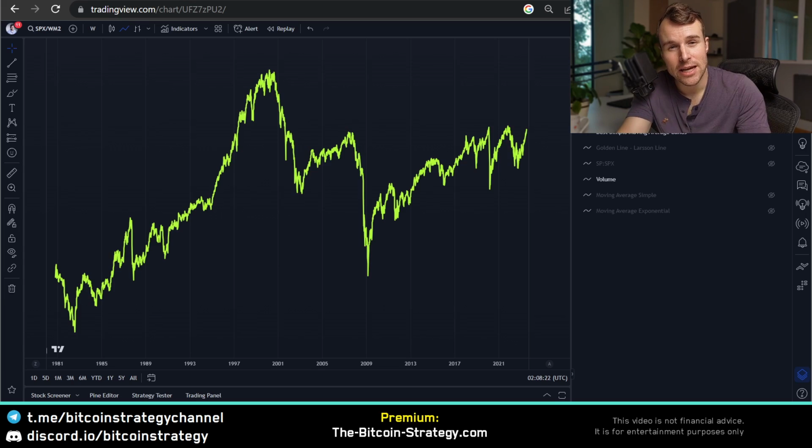In the next chart, we are going to look at monetary expansion. And we are going to debunk the myth that stocks really generate value for their holders. This here is an S&P 500 chart you have never seen before. It's the S&P 500 divided by M2, the money supply. What can we see here?